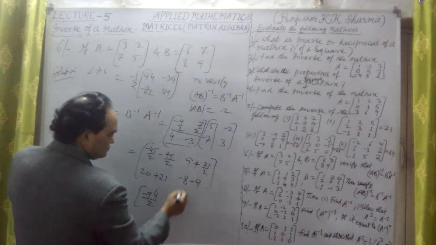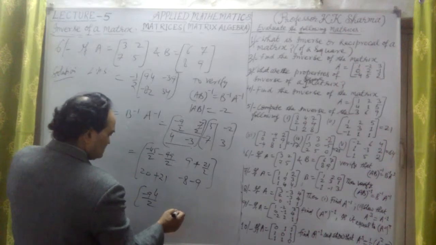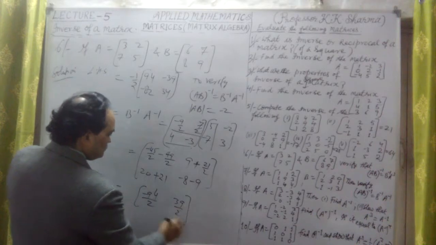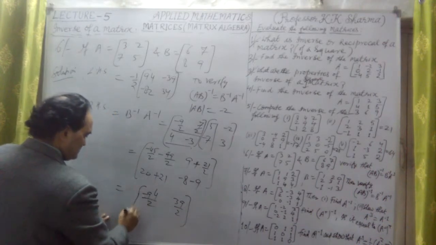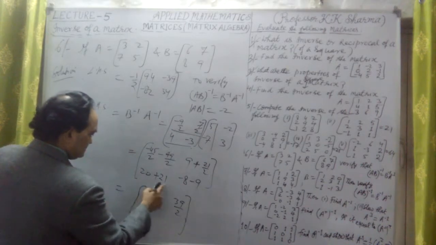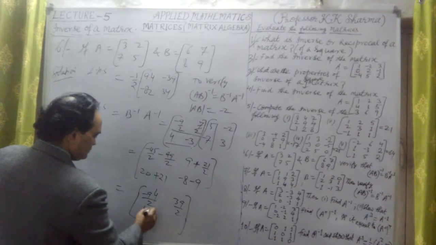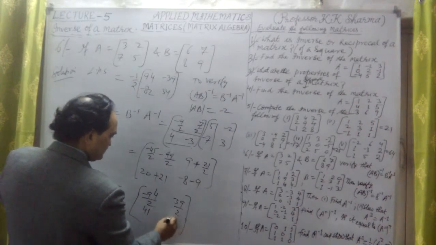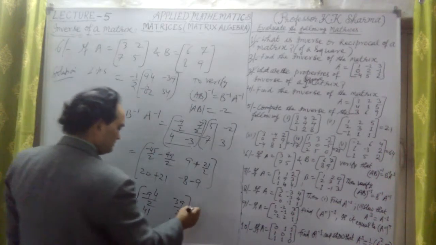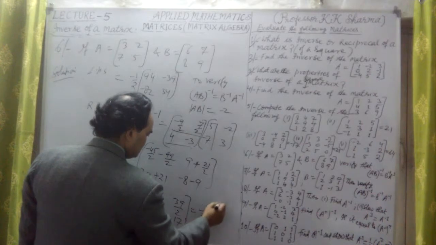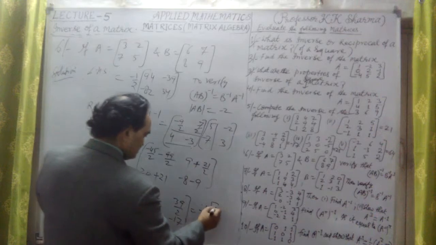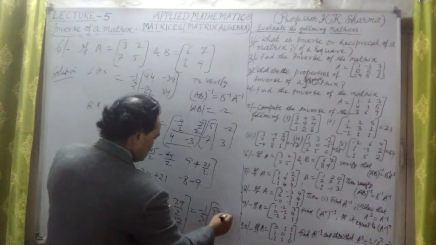Here 18 plus 21 is 39, we have 39 upon 2. Then the second row, first and second element: this is 41, this is minus 17. Okay, now if I take minus 1.2 common, that is positive 94, minus 39,